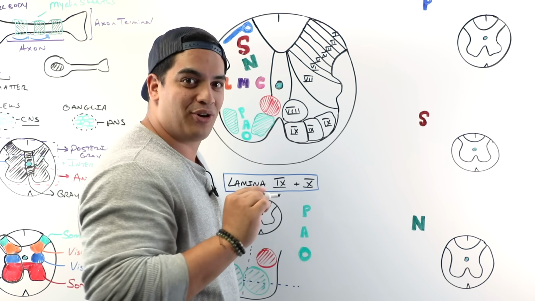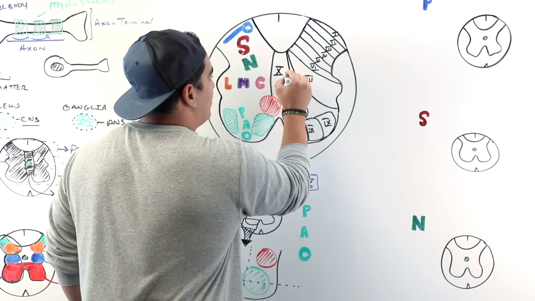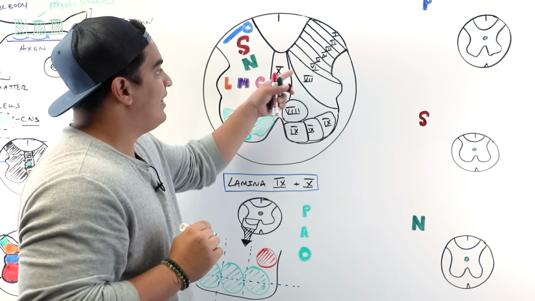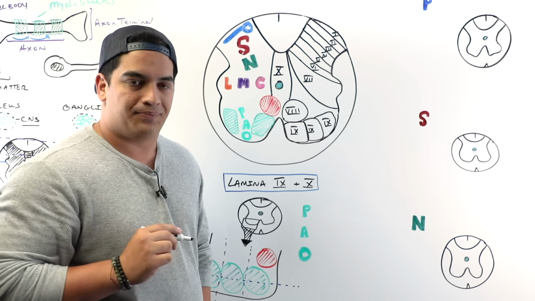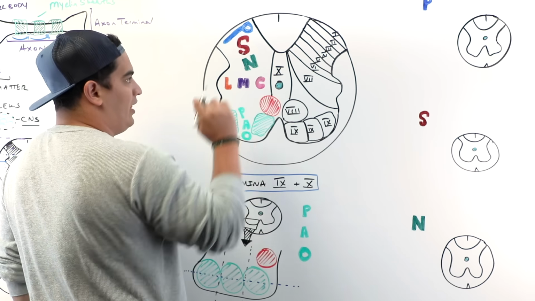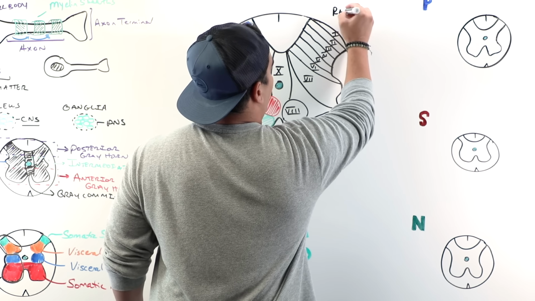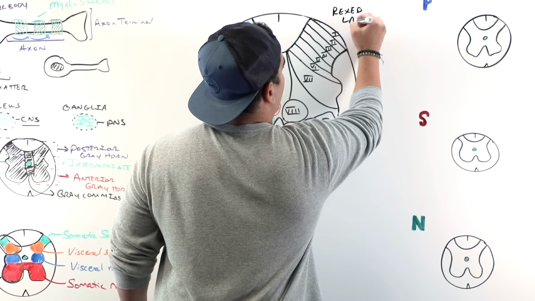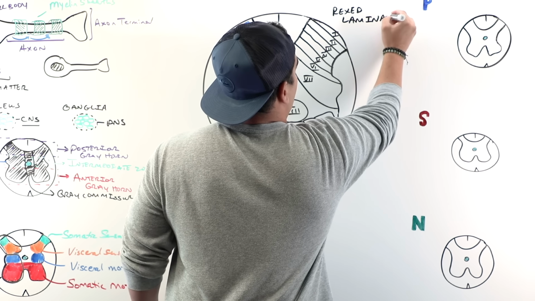That was called our gray commissure. That's called our central lamina, right? That's the central zone. That's going to be lamina 10. Okay, so that's one way that we could define this. So this way that we can categorize the different parts of the gray matter of the spinal cord is called